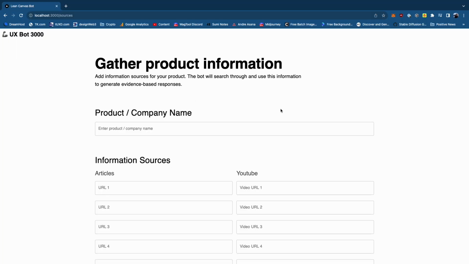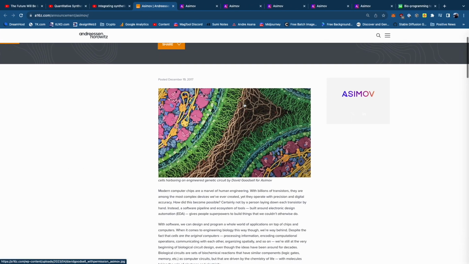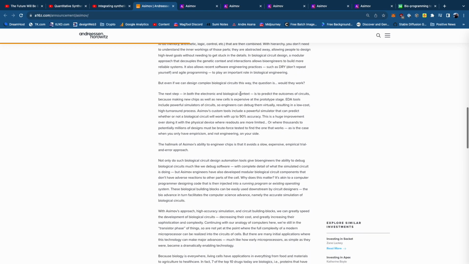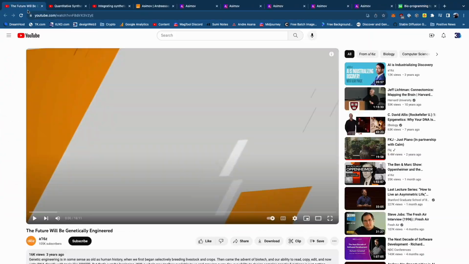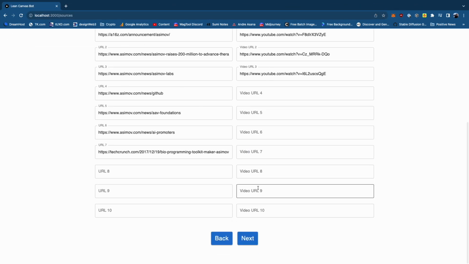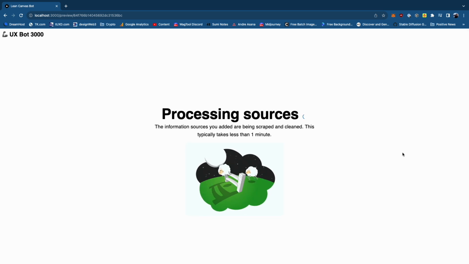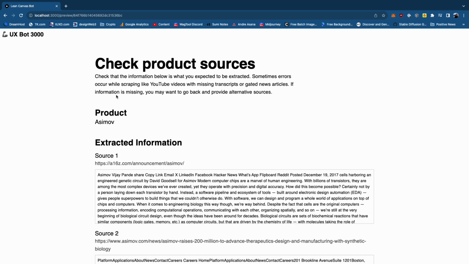The flow of the app is super simple. On the first screen, the user can upload up to 10 news article URLs and 10 YouTube URLs. And this is the raw data that is going to get passed into the AI, and the AI generates the refined lean canvas afterwards. So once the user clicks next on this screen, there's a backend script that scrapes the raw information from these websites or YouTube transcripts in the YouTube case, and cleans it,